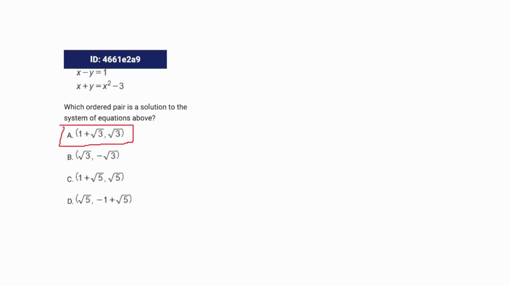I'll take a quick aside here to point out that this is, in my opinion, one of the shortcomings of Khan Academy as well. I feel that Khan Academy can definitely be helpful when it comes to learning some of the subject matter content that's going to be on the test. If you are unfamiliar with some of these math concepts, like the idea that a solution to a system of equations is a point where the graphs of those equations intersect, that kind of thing. If you're rusty on any of that, Khan Academy is a great place to go and brush up